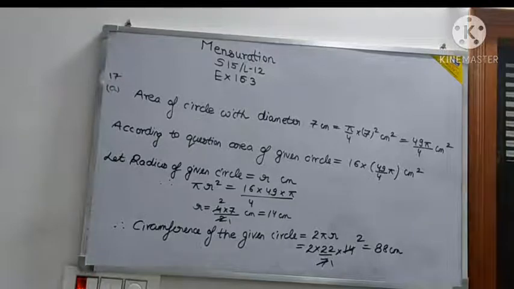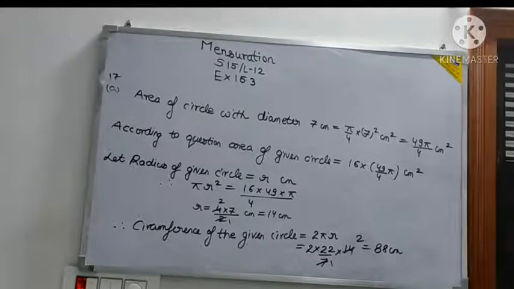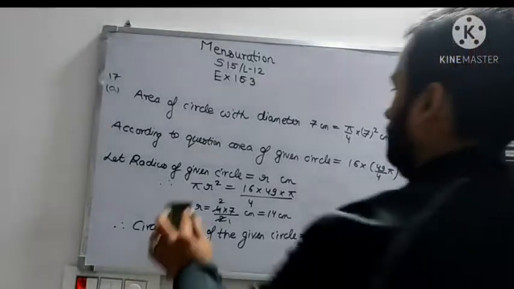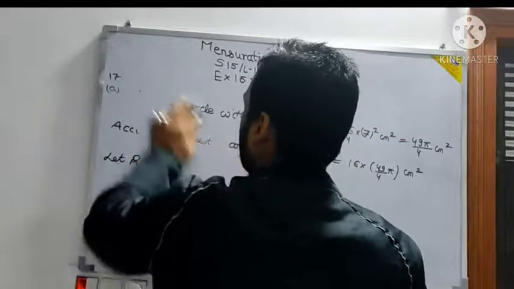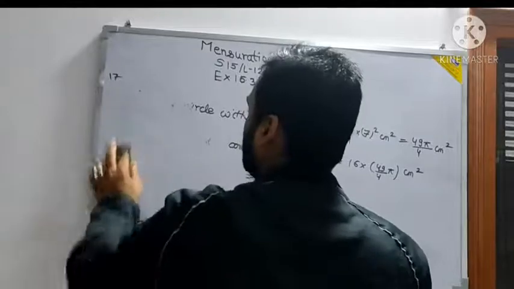Yes. There is one more part in this question. I'll give the hint for that. If required, I will tell the answer also, solve it also. Let us see what that part is. It's telling, in the given figure, find the area of the unshaded portion. Now see, unshaded portion, how to find? Let me rub this one first. So that was 17th A part.